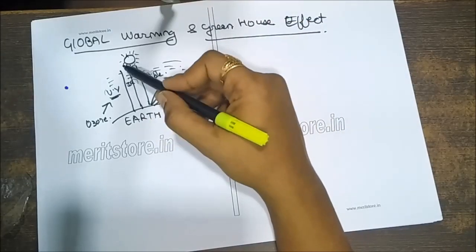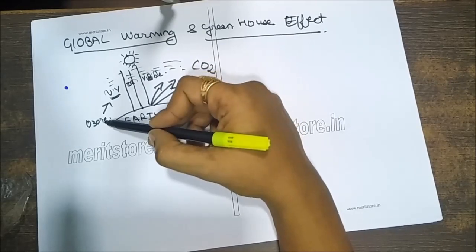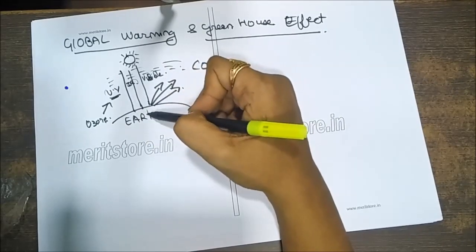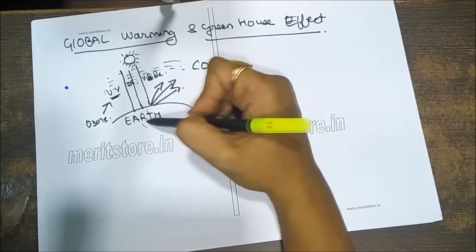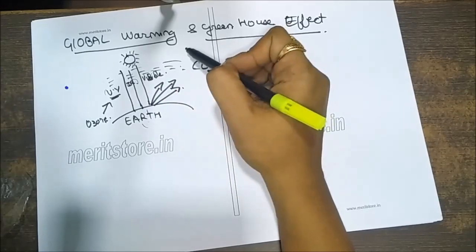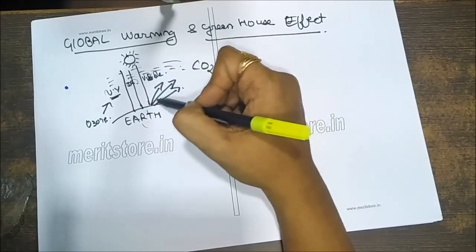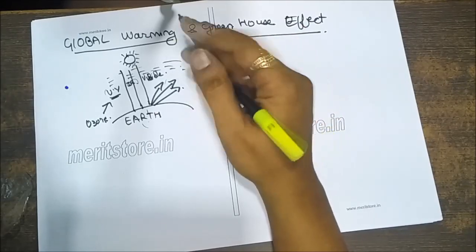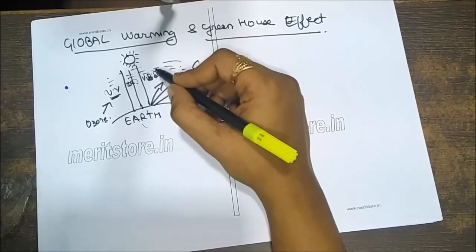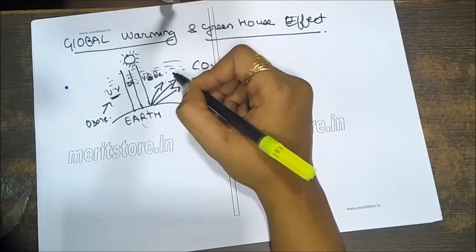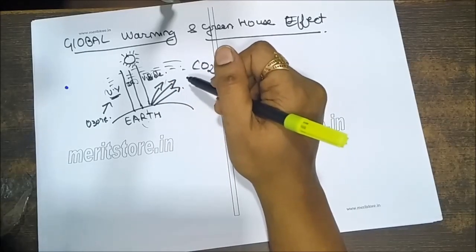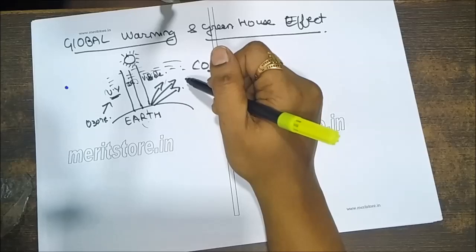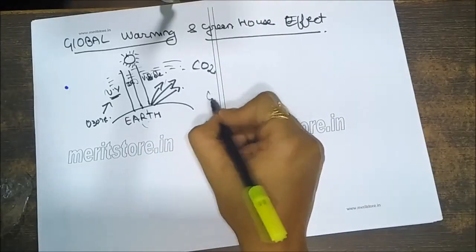So UV rays are prevented from coming into the earth by ozone, but IR and visible rays are entering. When they enter, they cause an increase in temperature, so they are reflected back. But they are not able to cross the atmosphere and go outside, because the carbon dioxide is again trapping them and confining them to the atmosphere. So in this way, the temperature of the earth keeps on rising, and this phenomenon is called the